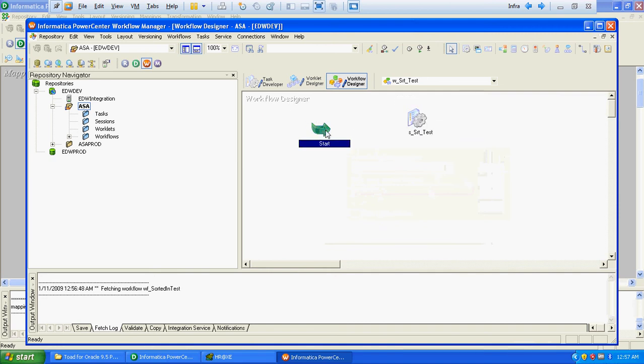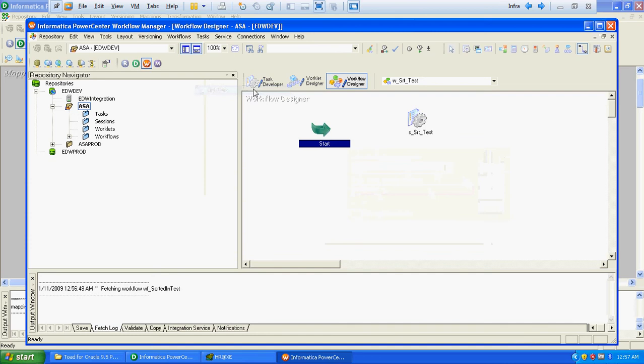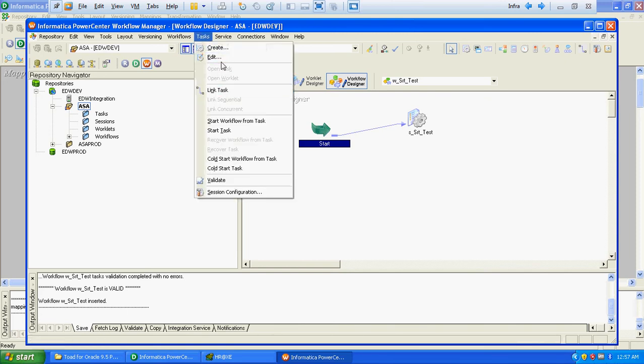So this workflow is for the aggregator with sorted input. Save it, and we'll create another workflow which is for the aggregator with